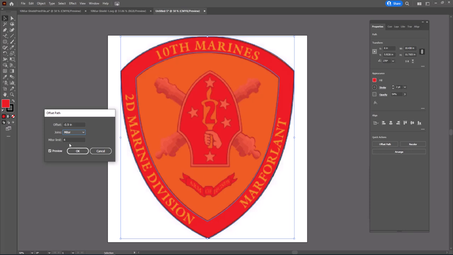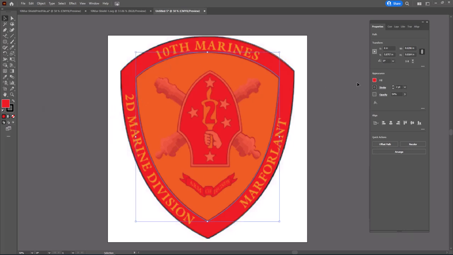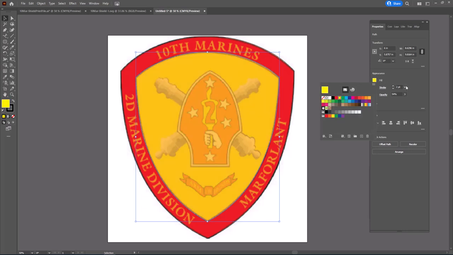Now, I'm going to go ahead and make sure you click on preview. If I click OK, that's going to create that inner shape. And over here, I can change the fill color to yellow, keeping the opacity at 54 so I can see the other image. Now, we also want to create one that's halfway, right? So I'm going to use the same offset path,